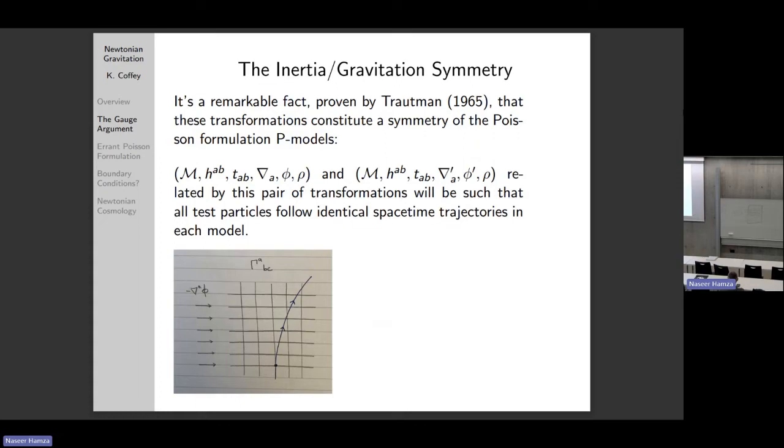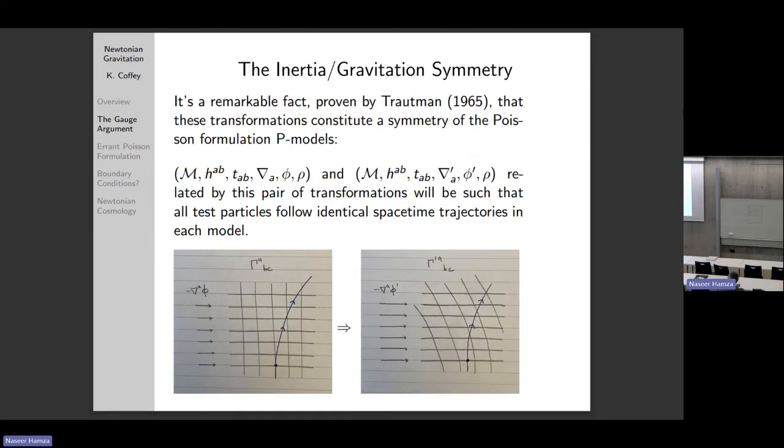So one way of seeing why that is, and these are just the same two diagrams again, but now I've drawn in an inertial trajectory. One way of seeing why that is just by noticing that effectively what this transformation does is increase the gravitational field, but change the standard by which you measure acceleration, right? So in effecting this transformation, you have a greater gravitational field, so you have more acceleration, but of course the curves that count as inertial or unaccelerated curves after the transformation are different. And so it gives rise to the same trajectories.